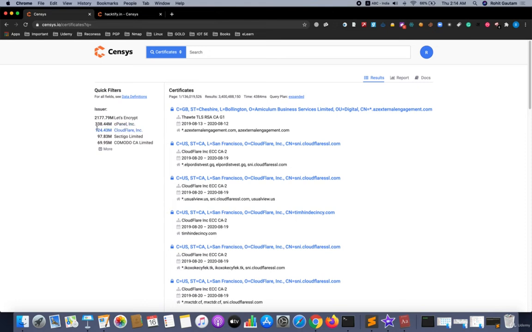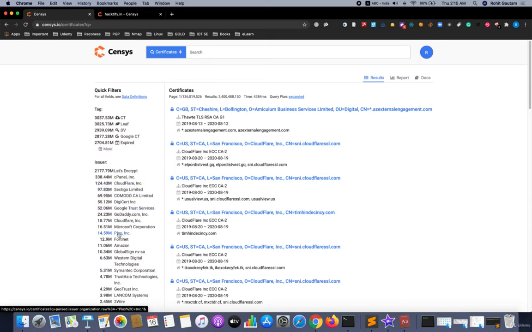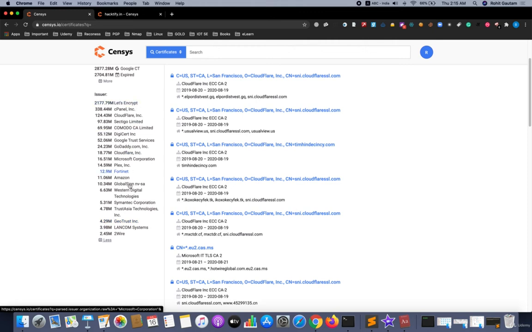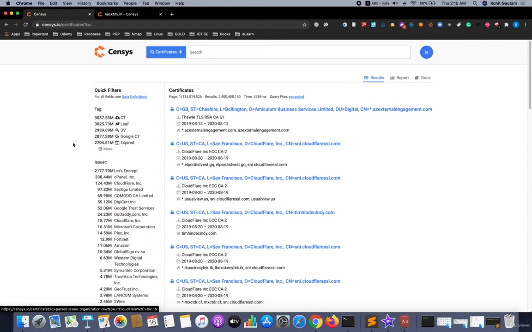You can see cPanel has also issued 338 million certificates. Cloudflare has 124 million, then Sectigo, Comodo CA, DigiCert, Google Trust Services, GoDaddy, Microsoft, Fortinet, Amazon, and so on. So you can see the total number of issuers which have given the certificates, and the data crawled by Censys, which is very huge.